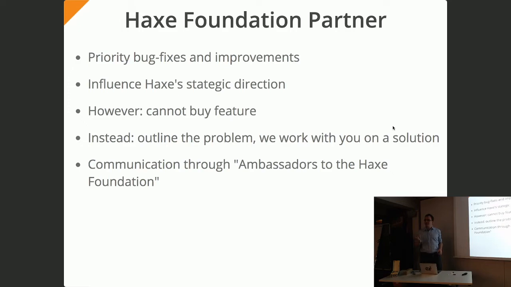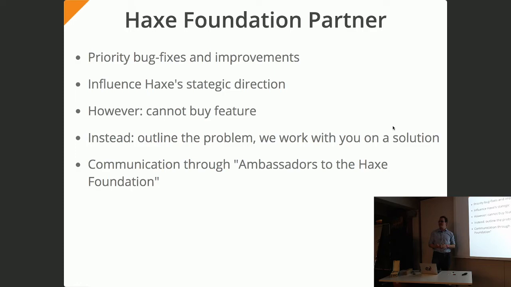What we do instead is our partners outline the problem that they want to solve, because usually you don't want a specific feature, you actually want to solve a specific problem, and then we work with our partners on solving that problem. And the communication with our partners, we usually do that through what I just called the ambassadors to the Haxe Foundation. In your case, that's mostly